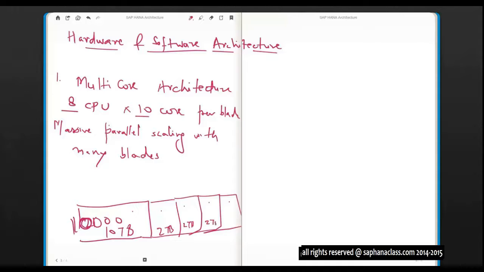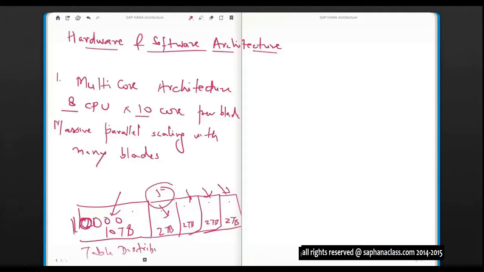This read and processing is taking place in 5 nodes at the same time. So you are utilizing the power of all of them at the same time, and this way you can keep on multiplying, and that gives you even better performance. This feature we call table distribution